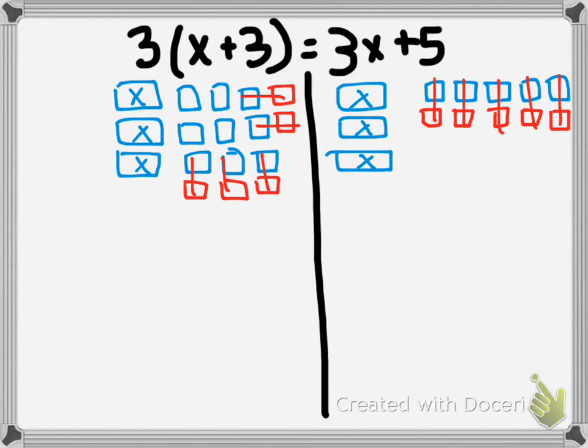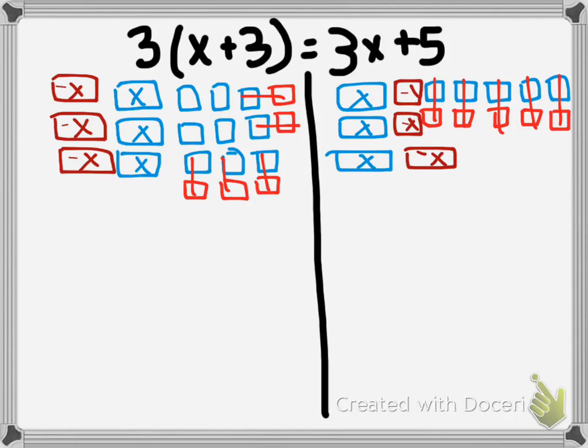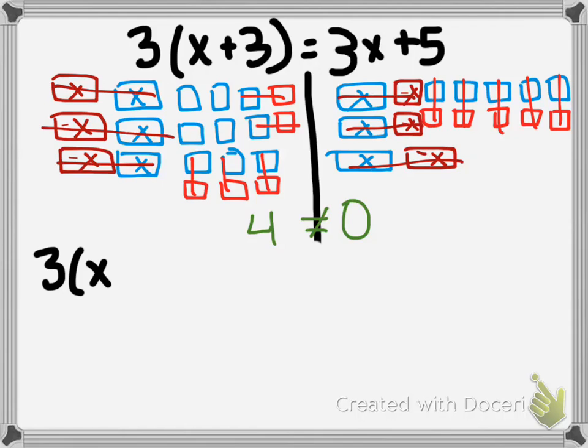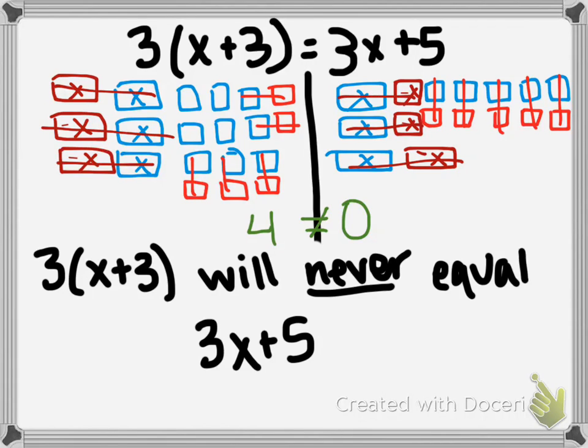Well, I don't want the 3x on the left side of the equation because I've already got 4 there and I only want numbers on that side. So I'm going to add negative x 3 times to both sides and get rid of my zero pairs. Now I'm left with 4 equals 0 because there's nothing left on the right side. This means 3 times the quantity x plus 3 will never equal 3x plus 5, no matter what value we